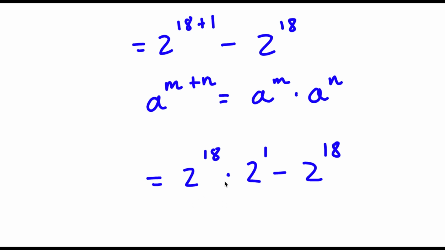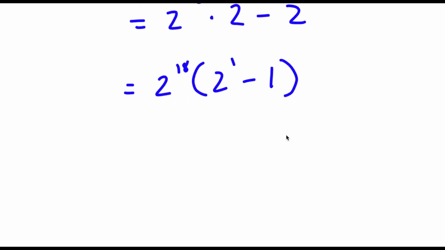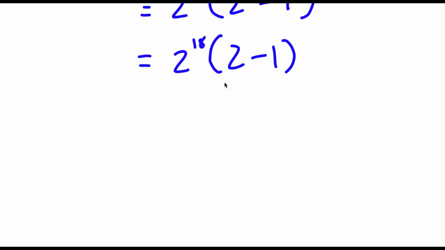Now, I'm going to go ahead and factor out 2 to the power of 18 from this. So now I have 2 to the power of 18 times, now 2 to the power of 18 times 2 to the power of 1 divided by 2 to the power of 18 is simply just 2 to the power of 1. Now I have this minus 2 to the power of 18 divided by 2 to the power of 18, simply just 1. Now I have 2 to the power of 18 times, now 2 to the power of 1, that's the same thing as 2, so I have 2 minus 1. So now 2 minus 1, that's simply equal to 1. So now I have 2 to the power of 18 times 1, which is simply equal to